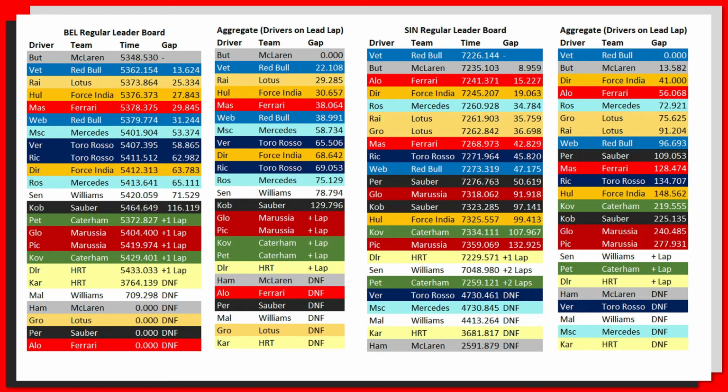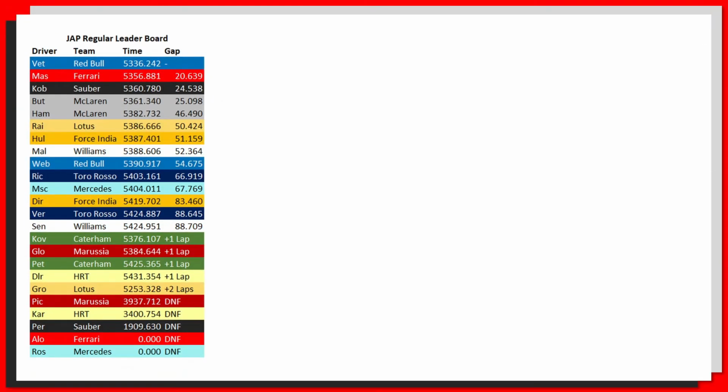If there were aggregates, Force India would have had 2 podiums this year. There were also some other minor positional changes in the lower reaches of the top 10, with Webber getting past Perez and Massa. And then moving into the next influenced race by this aggregate idea, we head to Japan, where